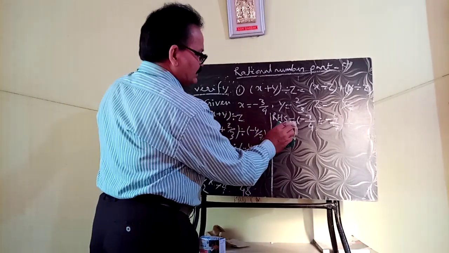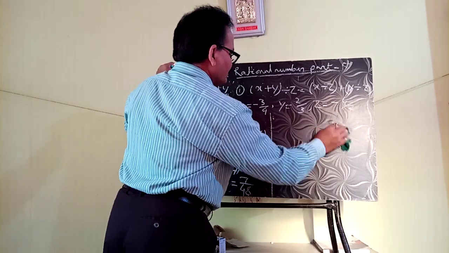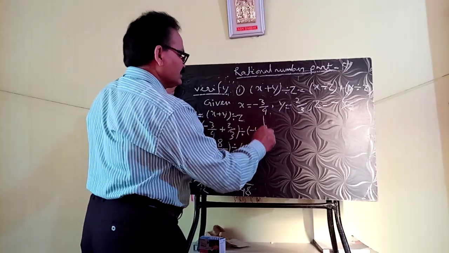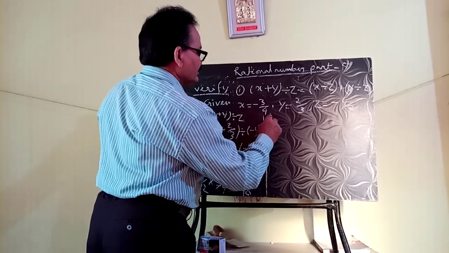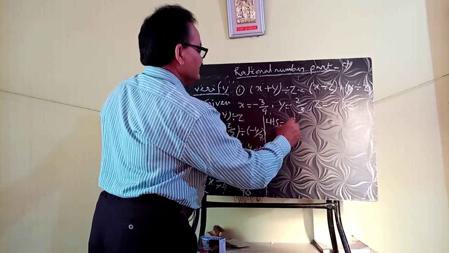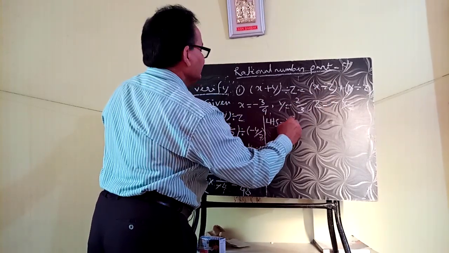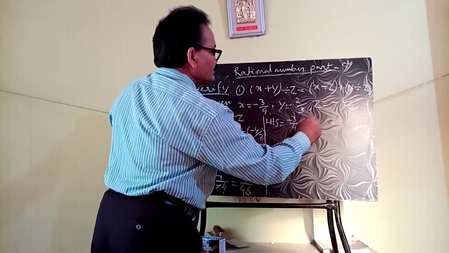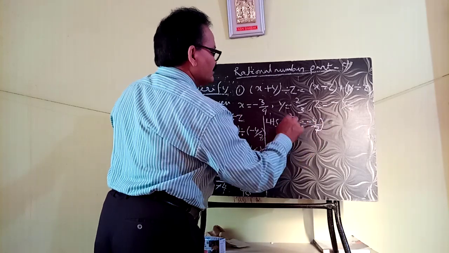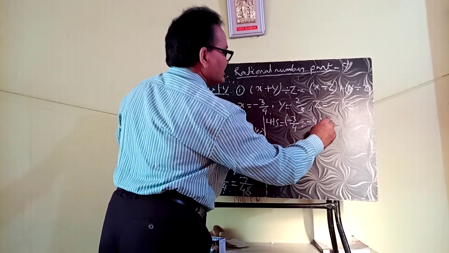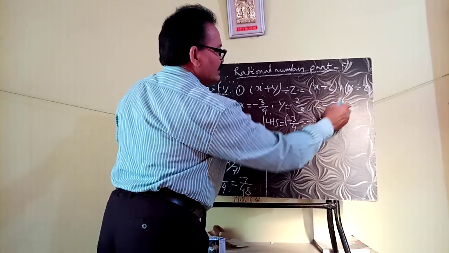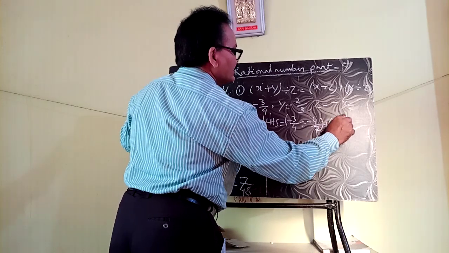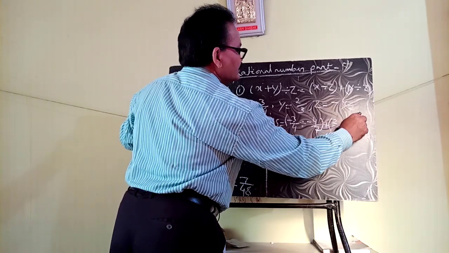Now I have to get the space, so I have to remove it from here. So your RHS is x divided by z. X is minus 3 by 4 divided by z, which is minus 4 by 7. Bracket close. Then again put a plus sign. So you write y. Y is 2 by 3, put a division sign, and z is minus 4 by 7.